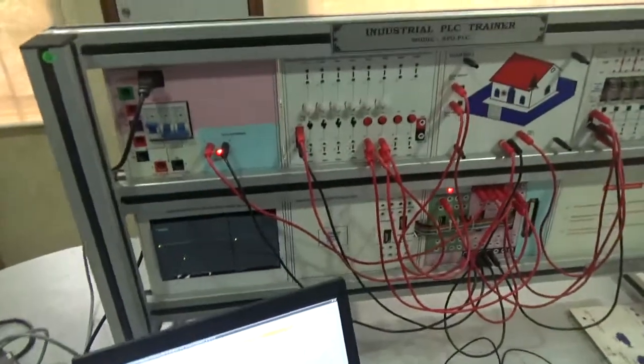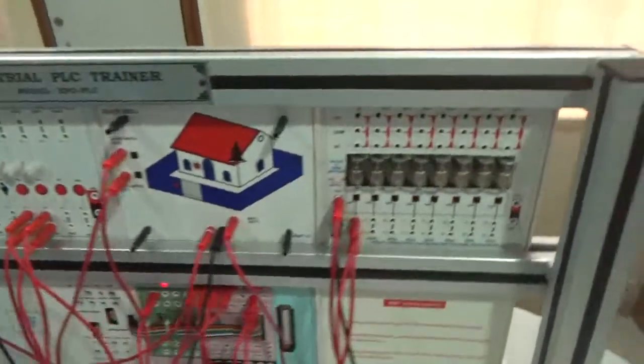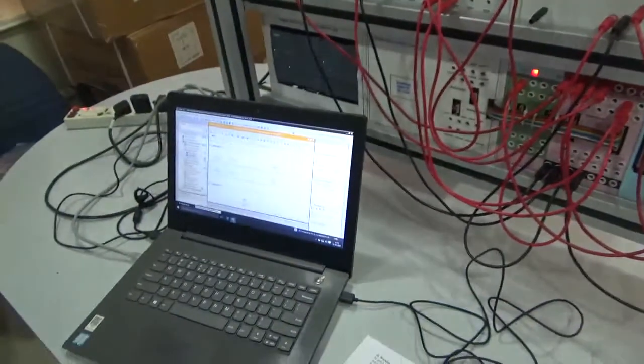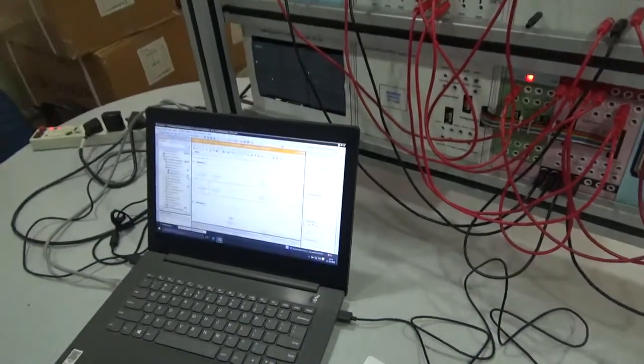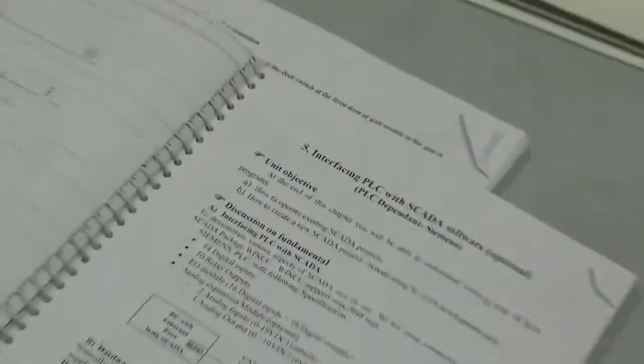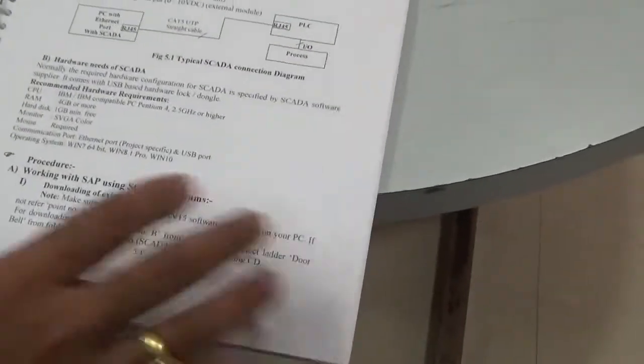Now we want to operate the SCADA. So you minimize the screen, and download the SCADA program. A procedure is given for installing this SCADA.